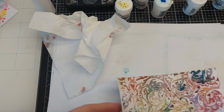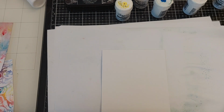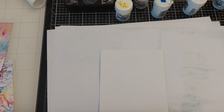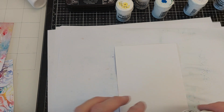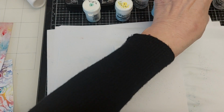Now I'm going to have to leave that another 5 minutes, so I'm just going to pause this for a moment and be back with you. Right, it's still drying. I'm going to leave it for a little bit longer, and I'm going to look for a different colour Brusho now. I'm going to look for a turquoise, I think. I've got turquoise here. Yeah, so I'm going to have a go with a bit of turquoise,